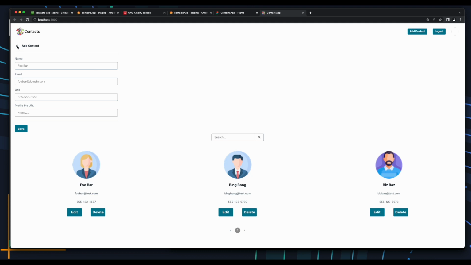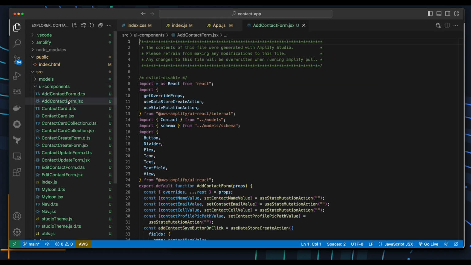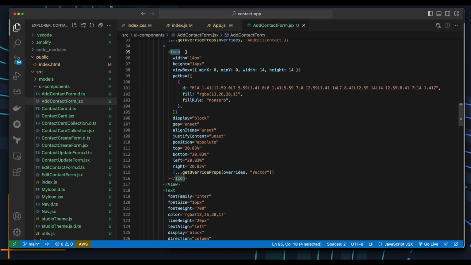However, if I click the X to close the form, nothing happens. So let's jump back into the code and take care of that. So inside the UI components folder, if I open the add contact form component, here I see an icon element with the override name of vector. So I'll go ahead and copy this,